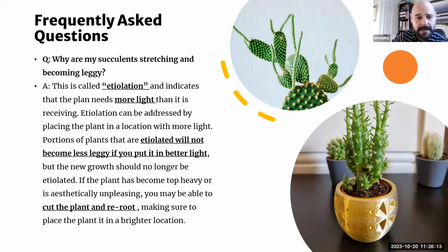So why are my succulents stretching and becoming leggy like this? So there's 2 examples of a couple of plants that are exhibiting something called etiolation. And etiolation is basically your plant's response to a low light situation. It's stretching the plant's structure in order to reach a lighter location. So if you have a plant that is getting leggy like this, you really want to find a better, brighter